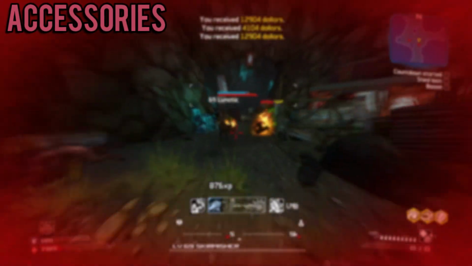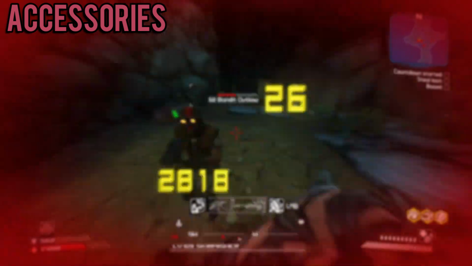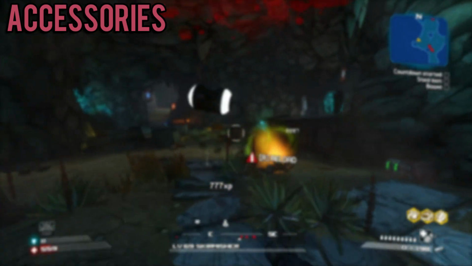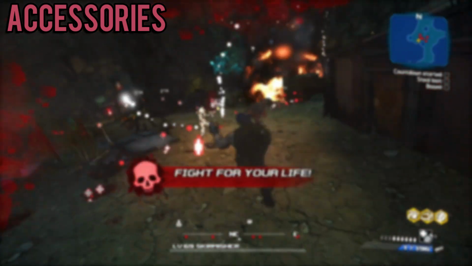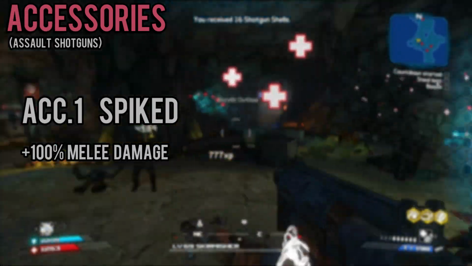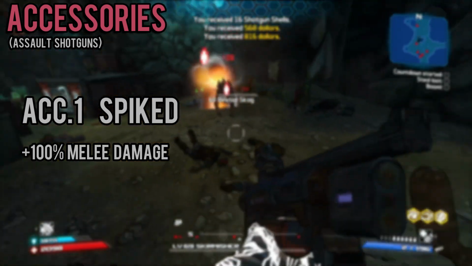Next we have the accessories, which, unlike other parts, don't have a consistent effect on the weapon. Most accessories are easy to differentiate from each other and will either appear to the left of the receiver, or for melee accessories, at the bottom of the grip. Accessory 1 for assault shotguns gives a flat 100% melee damage boost, and unlike the jagged accessory for combat shotguns,